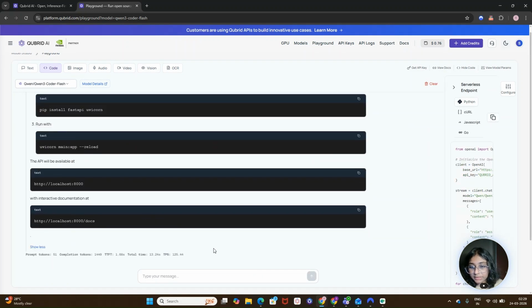It has completed also. You can see the total time as well, 13.24 seconds. Then prompt tokens, completion tokens, TTFT, then TPS. These parameters are useful if you are benchmarking models for production.